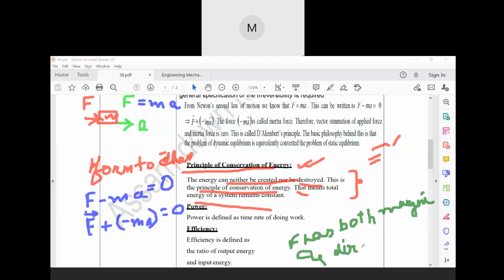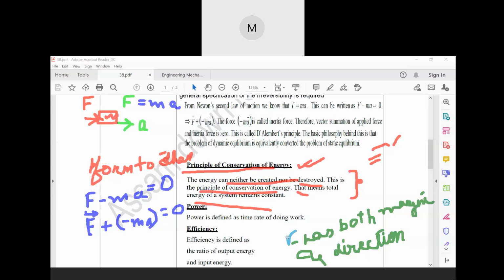From next class onwards, we'll be solving certain numericals on this. Then you will be understanding it more properly. Direction, no? Yes or no? So since F has both magnitude and direction, that is why here F and similarly A